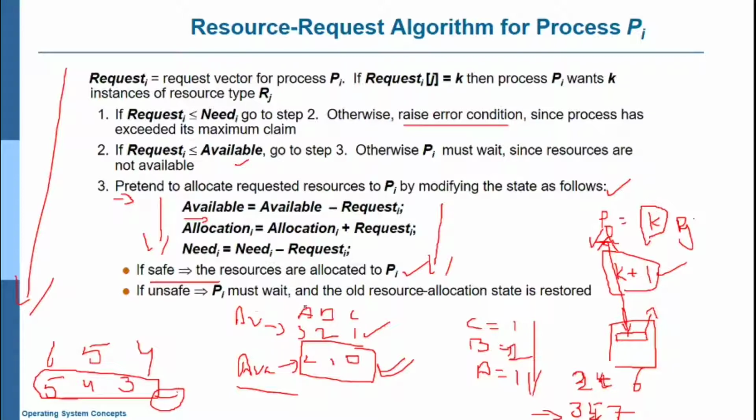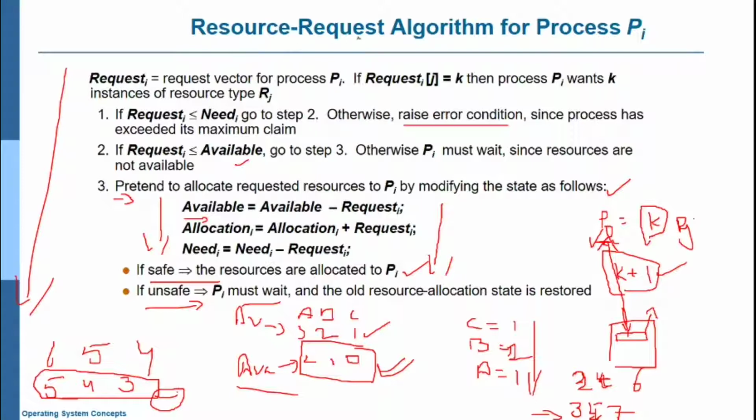If it is not able to satisfy that condition, then Pi is in the unsafe state. Not the whole system will be in the unsafe state, only Pi, because it has to wait until all other processes complete their tasks. Once they complete their tasks, they deallocate all the resources which were allocated to them back to the pool. From the pool, the resources requested by P0 can be used to complete its task.